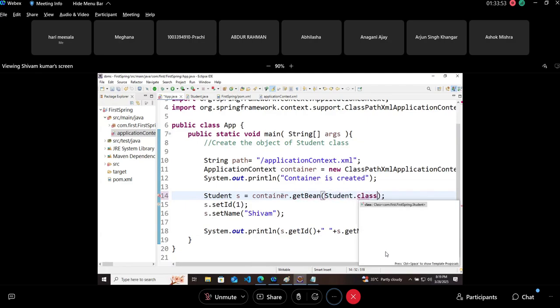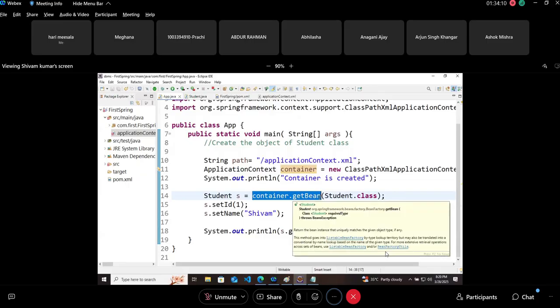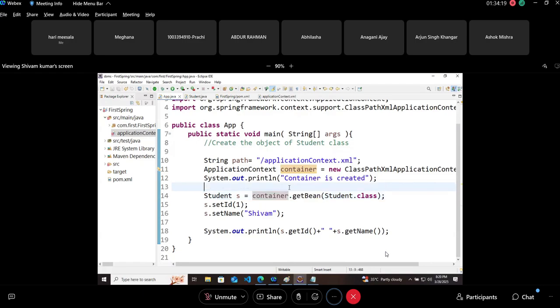Student dot class. Student s equals to container dot get bean. Now just remove that new student, student s equals to new student, and write this part container dot get bean, you have to do all these things. But this is not a small thing. Entire history of development is changed by Spring. So student s equals to container dot get bean and student dot class. That's it. Provide the class name.